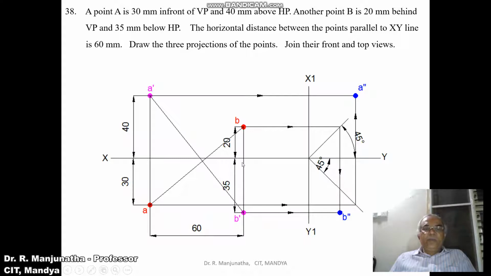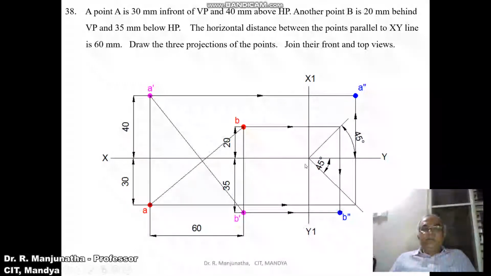Now we know this is the top view and this is the front view. So to that I need to add the profile view. In the profile view, we will see the distances of the front view as well as the top view. Where we have the front view, on that line you are going to get the side view. So draw a horizontal projector from B dash to the profile view, and since B is vertical here, this vertical distance has to be transferred into the horizontal distance here.